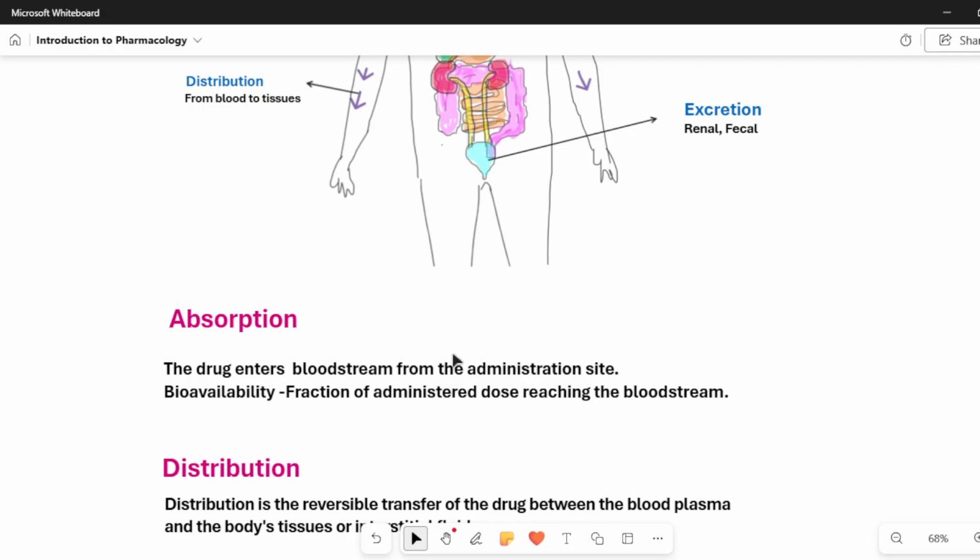So the administration site can be your mouth through tablet form, or it can be an IV injection, where the injection is given directly in the blood vessels. So if an IV injection is given, that will directly enter your bloodstream, and your bioavailability of the drug will be 100%. So none of the drug will be lost.